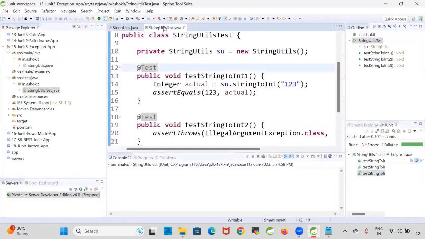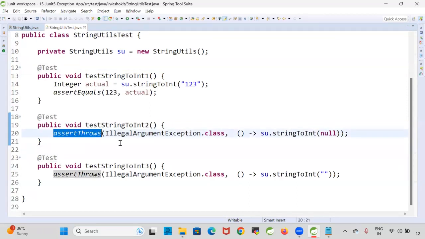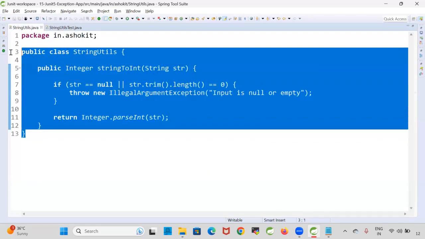Are you guys able to understand this logic? What is assert throws? What is the meaning of assert throws? Assert throws is used to expect exception, is used to verify method is throwing the exception or not. Very good. This is another scenario of unit testing. Okay. Now,